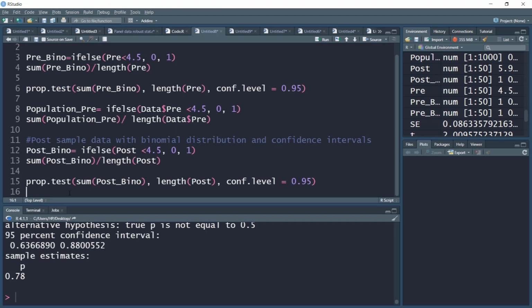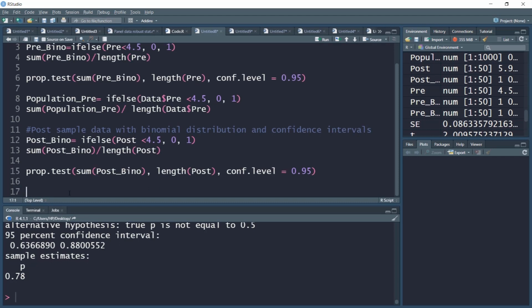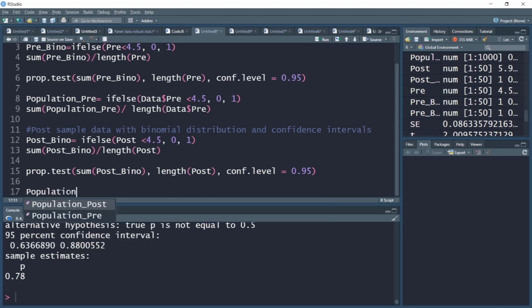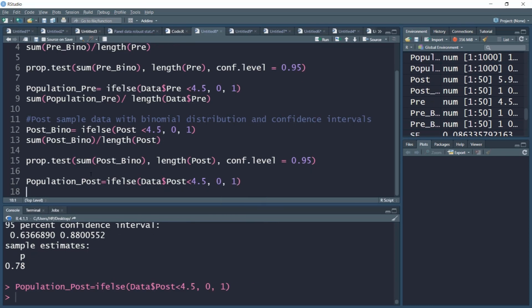Now to check the efficiency of this sample, or the ability of the sample to correctly describe the population parameters, let us compute the population estimate, and for that I need to generate the values of zeros and 1. Again, same procedure. For data dollar post, in this case the data variable, the original 1000 survey responses, acts as our population data, because from this data only we have generated the sample estimates. So if this is less than 4.5, we will assign a value of 0, and if it is more than 4.5, we'll assign a value of 1. Let us compute the values,